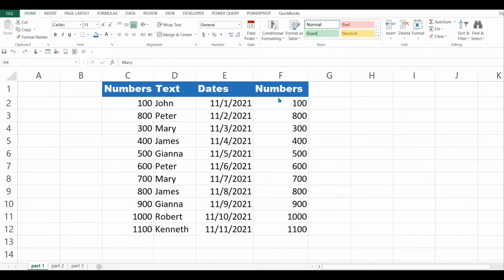Today I'm going to look at conditional formatting. What is conditional formatting? Conditional formatting is where you format based on a condition. You can say, I want to format numbers above 500 and only those above 500 will be formatted. They are formatted based on a condition. So we are going to look at conditional formatting.